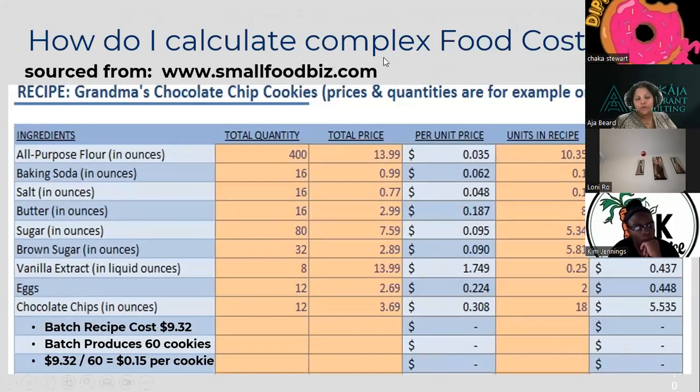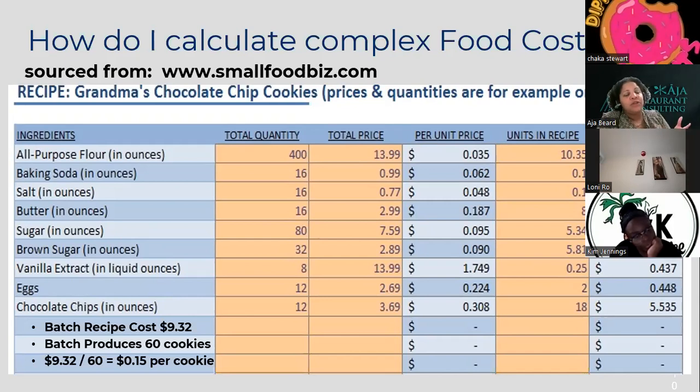You can either purchase one, smallfoodbiz.com, but there's other companies out there that do. Although I will say, if you have a POS system, a lot of those systems have a food costing template or app built in. So again, technology can help you out. And what's great about that is that if it does interface with your invoices, it'll update pricing for you. It's fantastic when I've seen it done correctly.